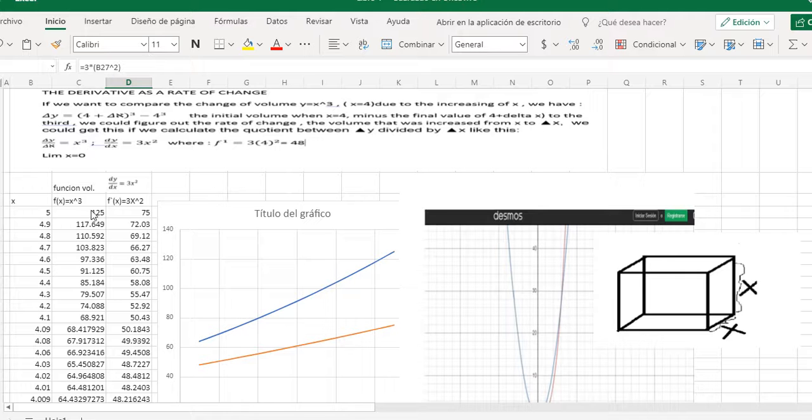Hello, this is an example. It concerns the derivative as a rate of change. I remember when I was at the